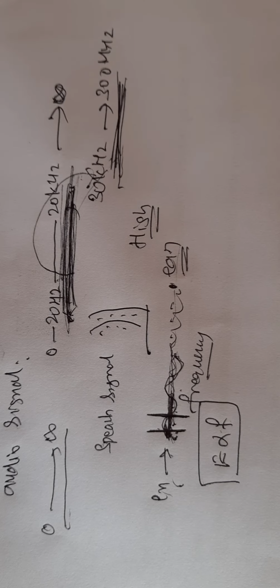Now, there are different types of communications. What I am speaking is a message signal. Human voice, human speech, music, etc. can be transmitted from one place to another place by means of high frequency communications. That is called radio communications. Sometimes we can also transmit our picture from one place to another place. That is called television communication or telecommunications.